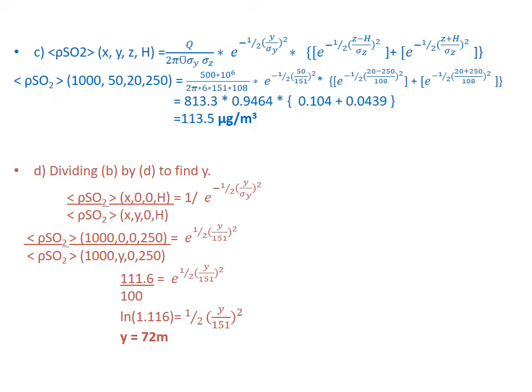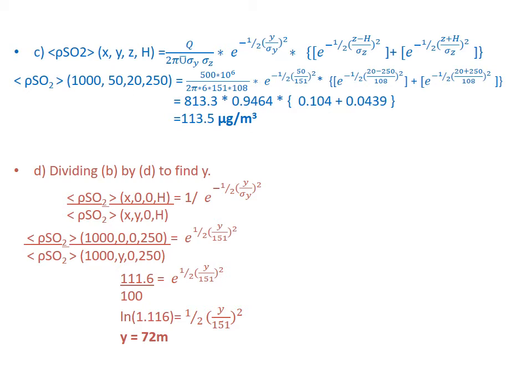In the D part, we need to find out the value of Y when the concentration of sulfur dioxide at 1000, y, 0, 250 is given. So there are two methods to solve this problem. Either we can directly substitute in the equation for rho SO2 at 1000, y, 0, 250 and find out the value of Y. Or another method, which is simpler, is dividing the B part by D to find the